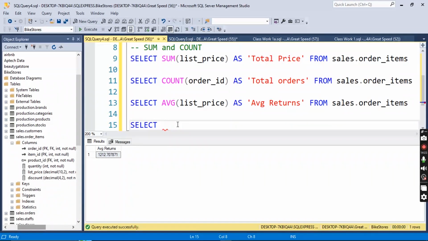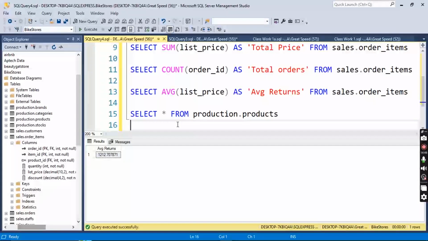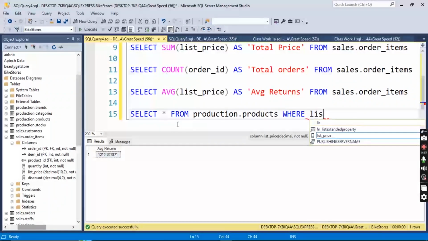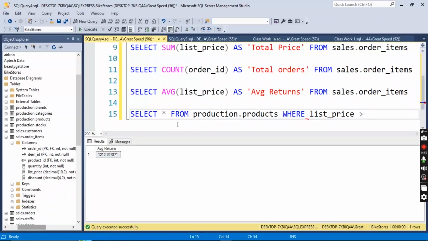So let's select from production.product. Okay, let's still write it where list price is greater than